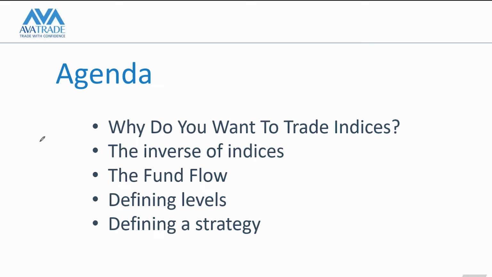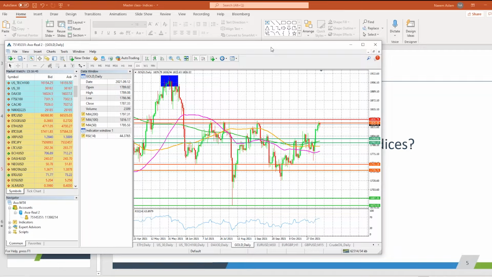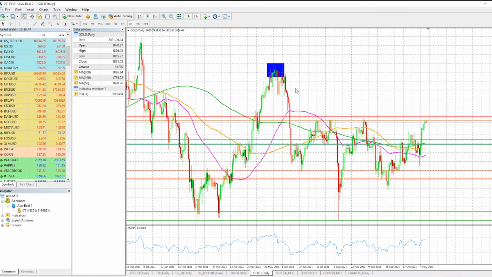Now, it's time for us to go on to our charts and really define from that perspective what exactly is going on in the market. Something quite important, I know this is mainly about indices, but I wanted to point out this particular opportunity for you guys: in less than 14 minutes, we're going to get the CPI data. When that data is out, I won't be with you guys, because I will be potentially trading that. This is your inflation data. In 14 minutes, it is going to come out.